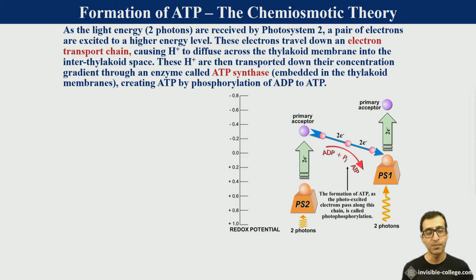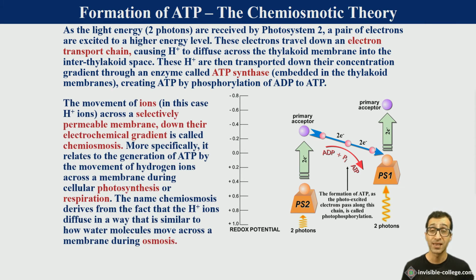Now, this is very similar to the idea of the chemiosmotic hypothesis behind the powering of the reactions across the membranes of mitochondria, as we'll see when we look at respiration. So the movement of ions, in this case the protons, across a selectively permeable membrane down their electrochemical gradient, this is called chemiosmosis. Now the reason is because osmosis, just the word osmosis on its own, refers specifically to the